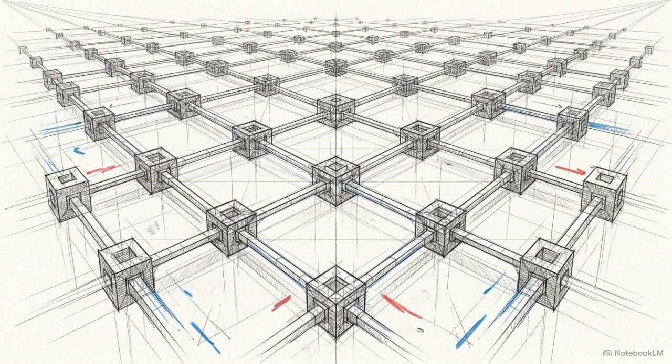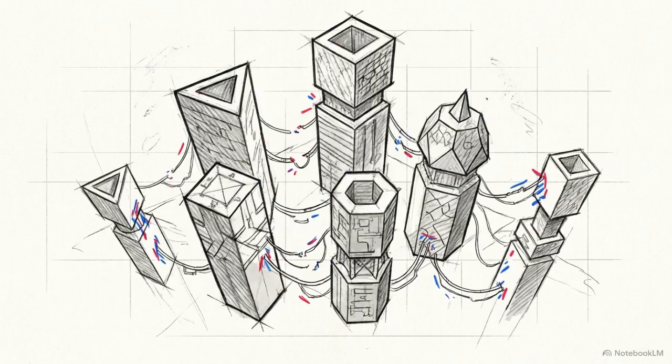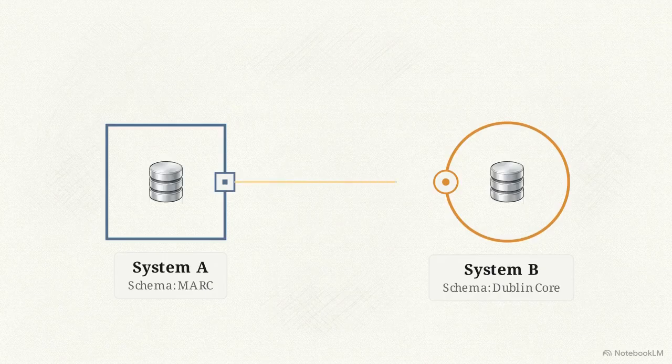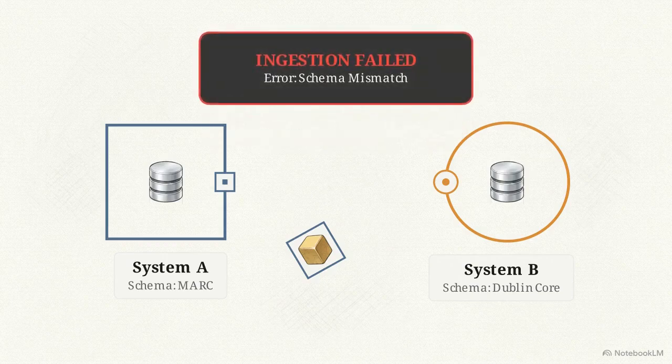In the theoretical ideal of modern information science, these three layers would establish a perfectly unified web. Every digital repository would speak the exact same metadata language, allowing all types of data to communicate and be retrieved seamlessly across the globe. But the actual digital landscape we operate in is deeply fragmented. Instead of a smooth, unified web, there is massive friction between different data systems, making it incredibly difficult for one repository to automatically read the files of another.